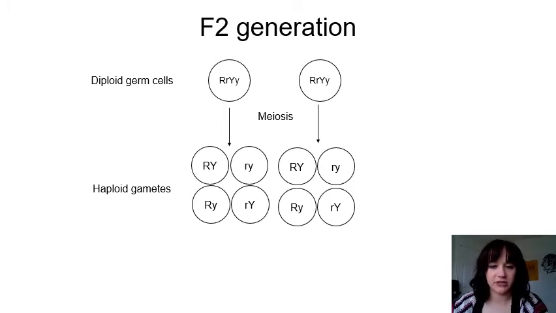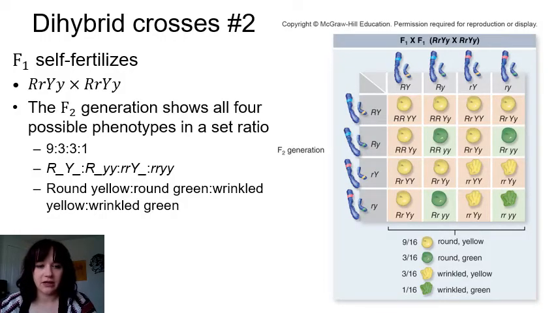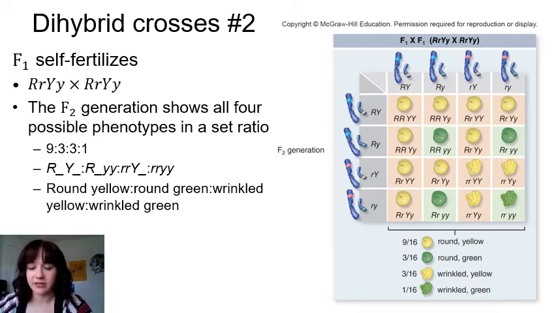So we have all these potential combinations, right? And you get this massive Punnett square. I encourage you to practice drawing one out on your own just to really cement this concept. And so let's look at some of the combinations that we can get. Again, we're taking one gamete, one egg and one sperm, fusing them, and that result is in the center of our Punnett square. And so when you add up all the different phenotypes, you can see that